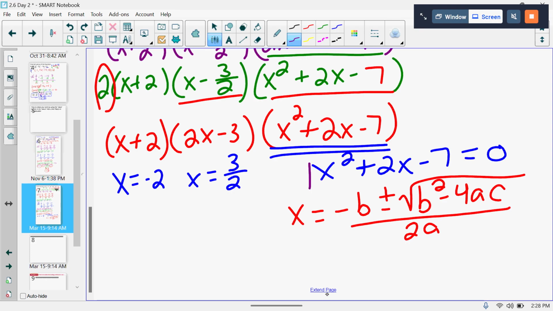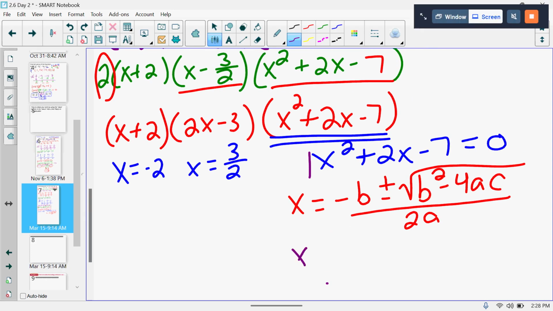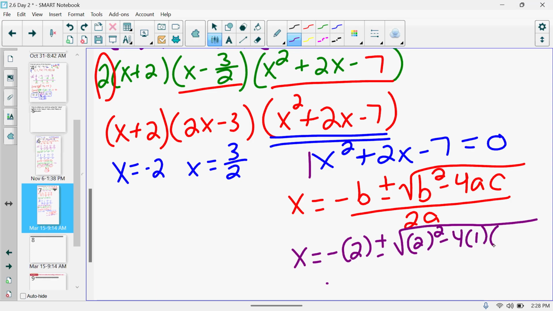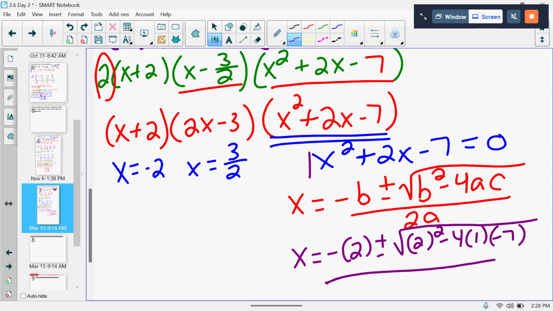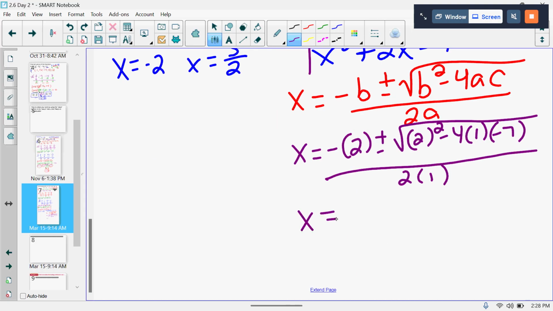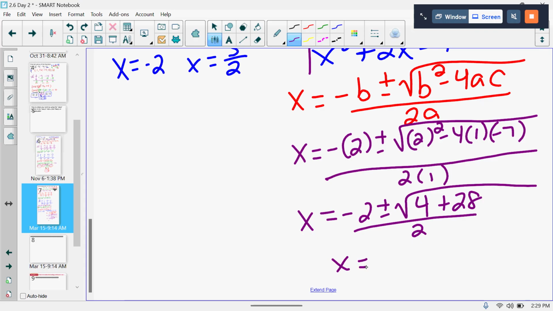A is 1, B is 2, C is -7. So we're going to do x equals the opposite of b, plus or minus the square root of b squared, so 2 squared, minus 4 times a, which is 1, times c, which is -7. It's all going to get divided by 2 times a, which is 1. So remember, you think about what's underneath this square root. 2 squared is 4. -4 times 1 times -7 is +28. And 4 plus 28 is going to give you